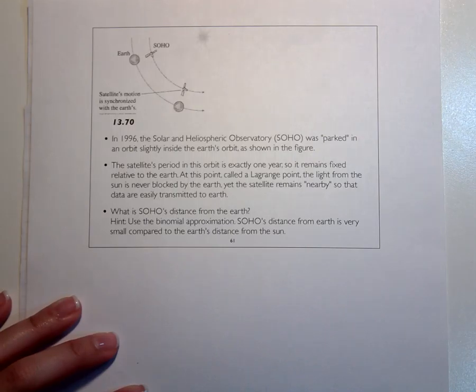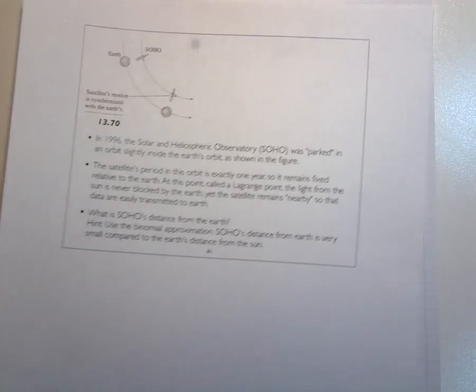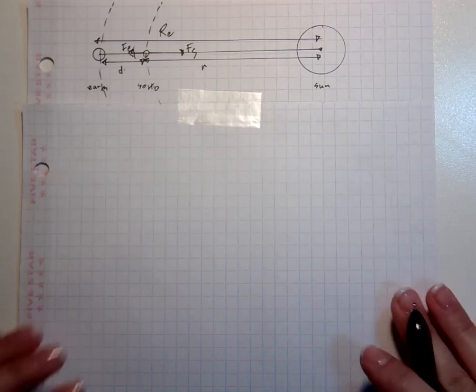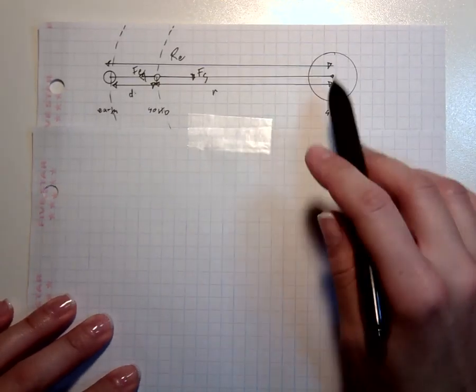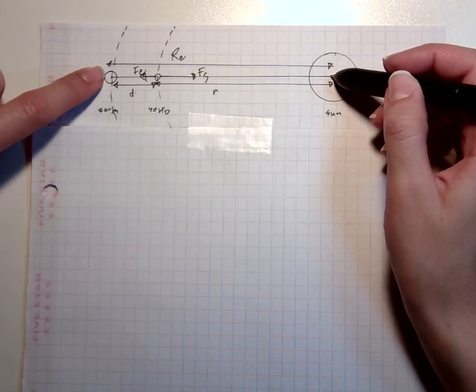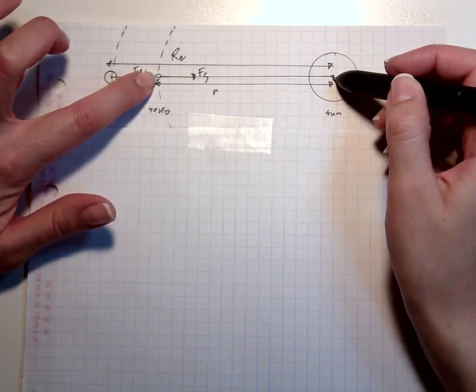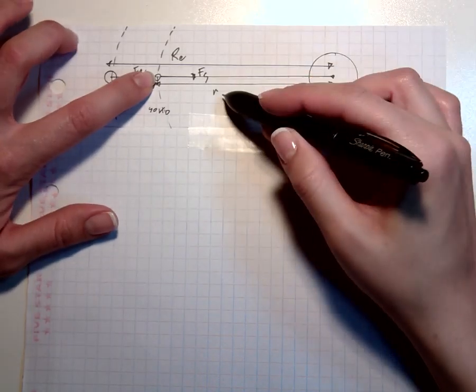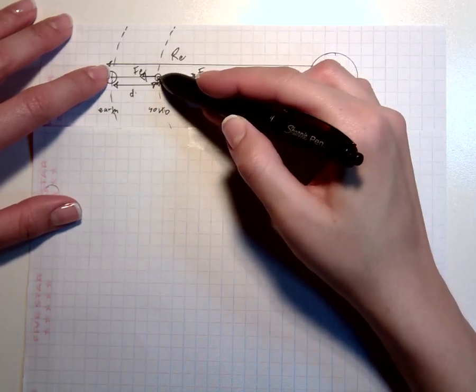The hint is to use the binomial approximation. SOHO's distance from the Earth is very small compared to the Earth's distance from the sun. So where to start? Well, draw a diagram and label those relevant distances. So in our diagram, we've got the sun. We've labeled the orbital radius of the Earth about the sun. That's this distance. We also need to know the orbital radius of the satellite about the sun. Note it's a center-to-center distance. We'll call that little r. We also need to know what we're looking for, which is the distance, d, between the Earth and the satellite,